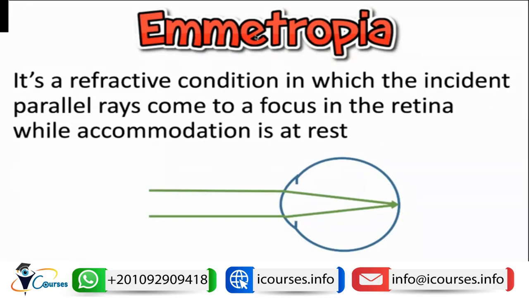Okay, so let's begin our journey with the refractive errors of the eye. In order to know what is abnormal, we need to know what is normal. What is normal is a state of emmetropia. Emmetropia means that the eye has no refractive error, a refractive condition in which the incident parallel light rays